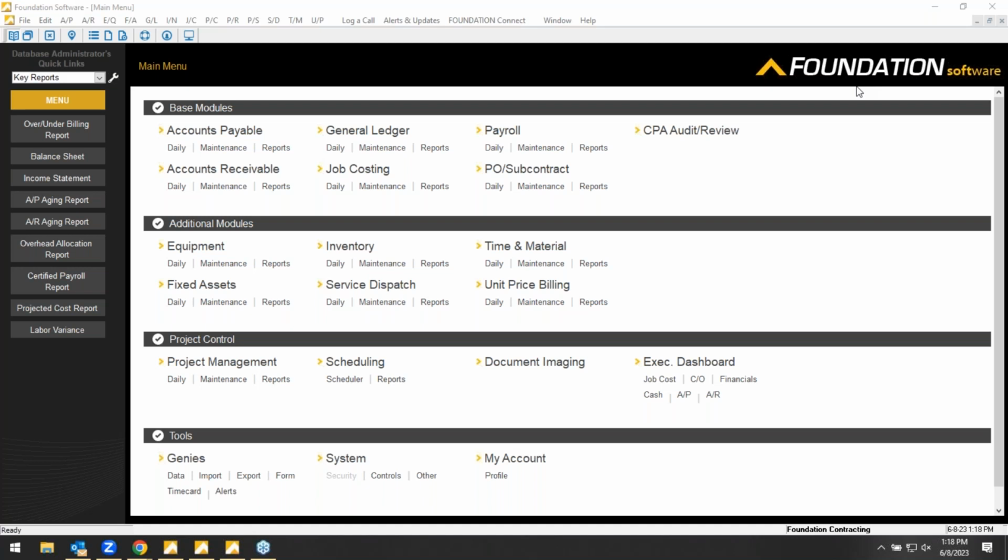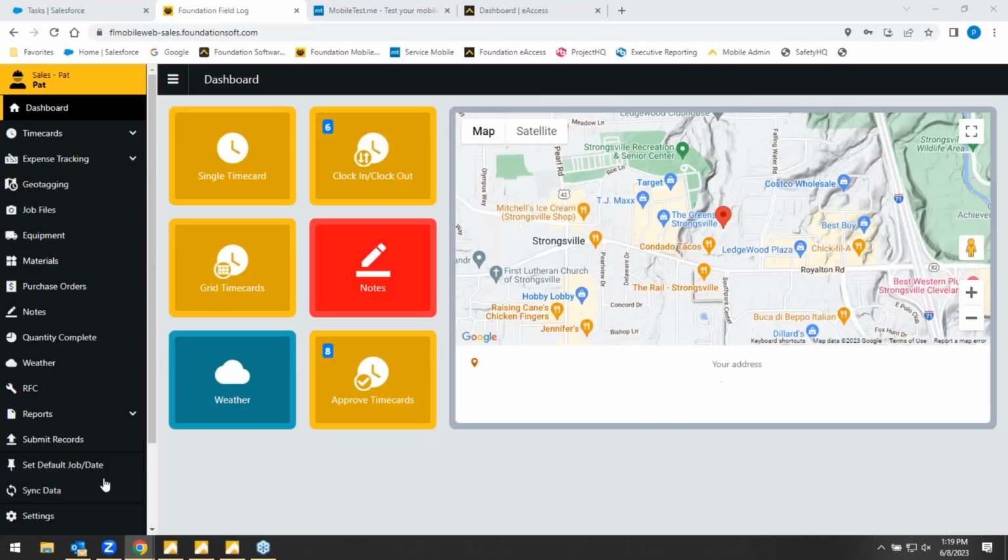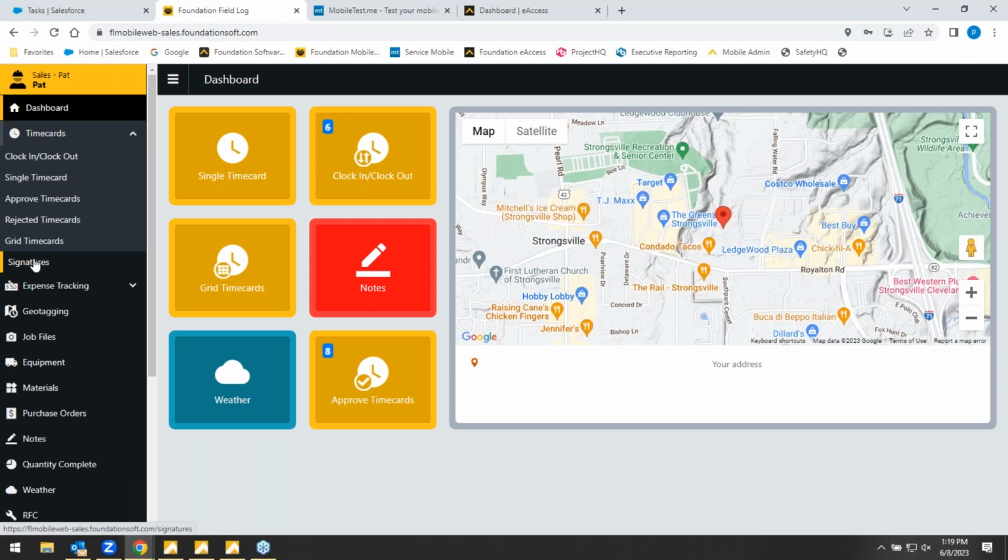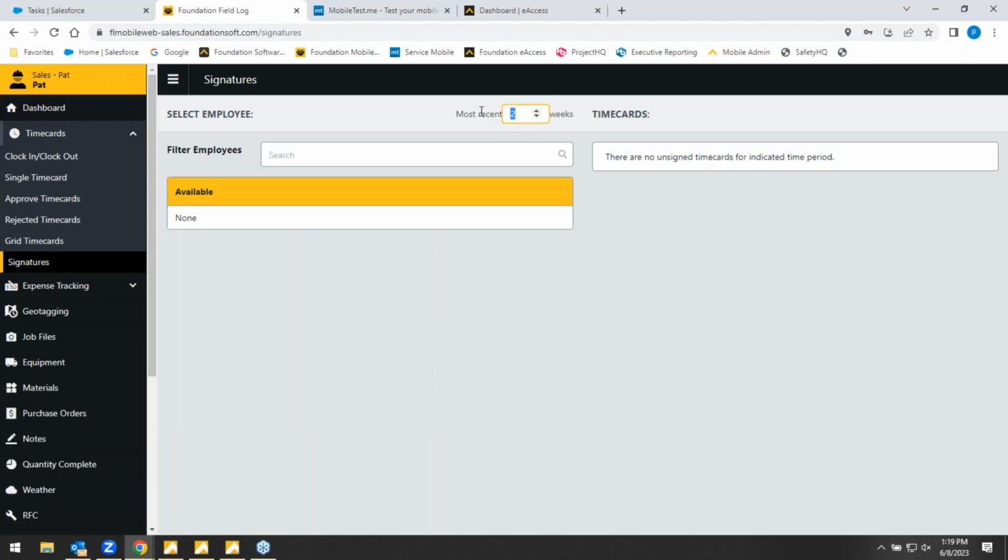And another question to piggyback off of that is how do the employees sign their time card? That's an option that we have within Foundation Mobile as well. So the employee can come in here, and let me just pop up a date where I've got some good info, if you bear with me. All right, so let's say Kevin checks in at the end of the day